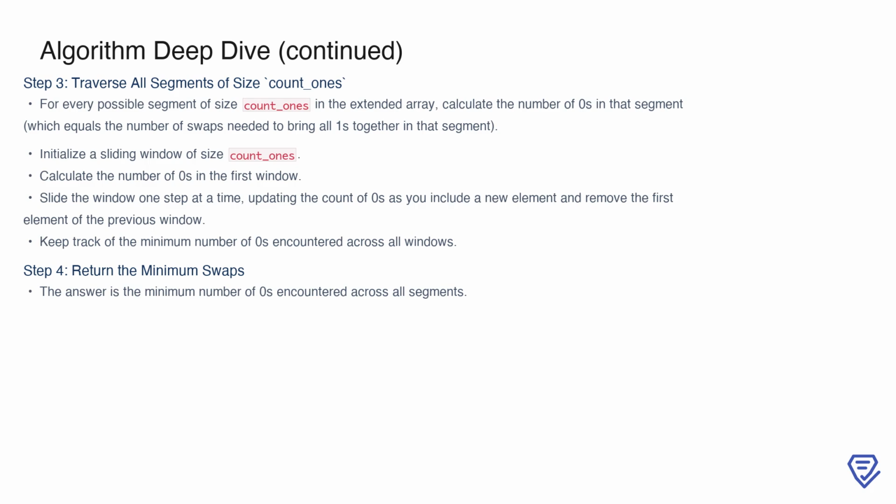To efficiently process these segments, we use a sliding window technique. First, we calculate the number of zeros in the initial window of size count_1's. Then, as we slide the window across the extended array, we update the count of zeros dynamically by adding the new element entering the window and removing the element that is leaving. By doing this, we avoid recalculating the count of zeros from scratch for each segment. Throughout this process, we track the minimum number of zeros encountered, which ultimately gives us the minimum number of swaps